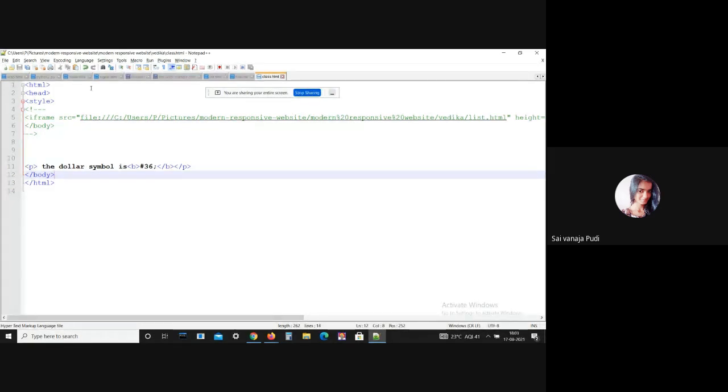Hash 36 means dollar symbol. I am not getting it. Let me give another symbol. Sorry, I sent hash 8704.